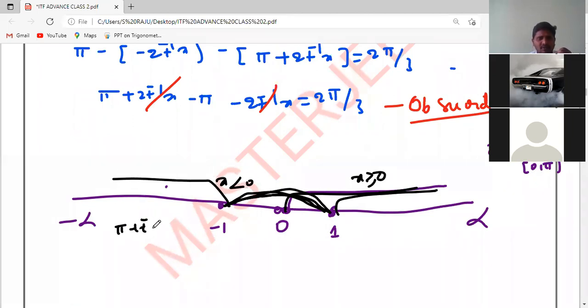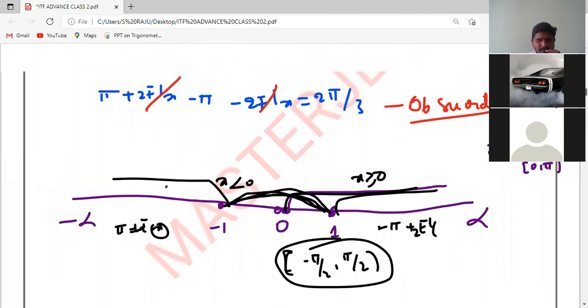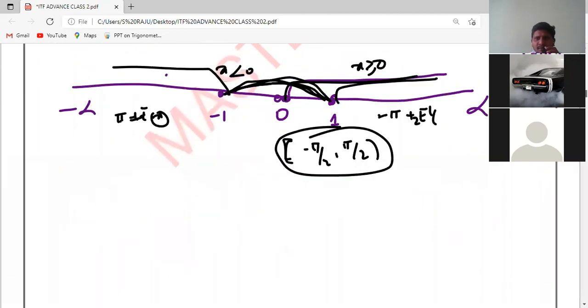Here it is pi plus tan inverse x. You can give any x value here. If you add pi, the output is the open interval minus pi/2 to pi/2 alone. Here, on the right side, x more than 1: if you take minus pi plus tan inverse of this, you know why? Because tan inverse is already positive. This positive value we add to minus pi, and we get a value between that. Is it clear, students?